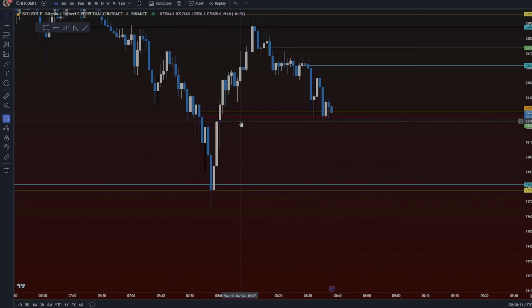I don't think this is holding this 15. No, I don't think this is going to hold the move. I think that's a fallacy. If it holds, I'd be surprised, just because there's no hourly. And this is a really cool thing, because if it's holding, I would assume it's holding a higher target, not this 15. Not this 15. Oh, no, not at all. I don't think so. And that's kind of cool, because now we can just take that off the chart and completely disregard it. It doesn't make sense that a 15 is there if an hourly's not hit. It just disconnects the levels. And then, yeah, it just doesn't make sense.